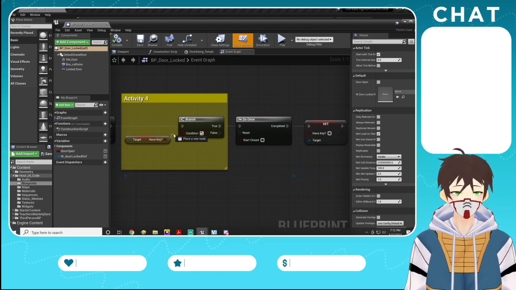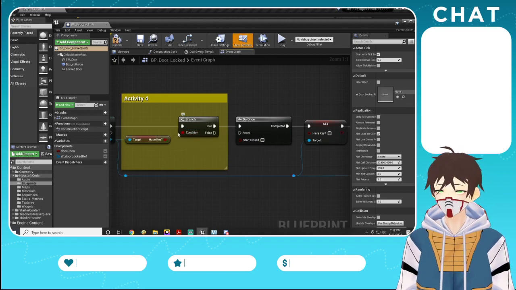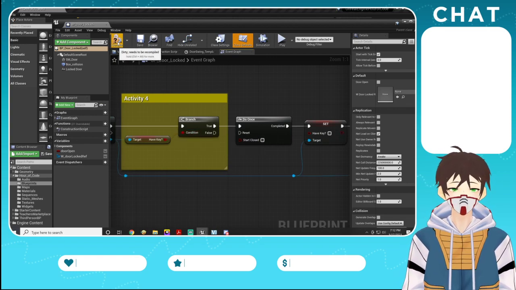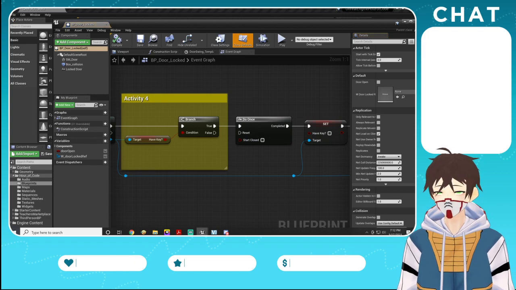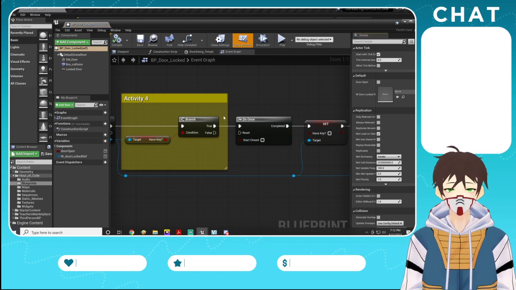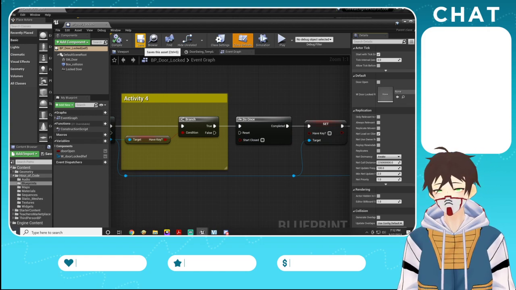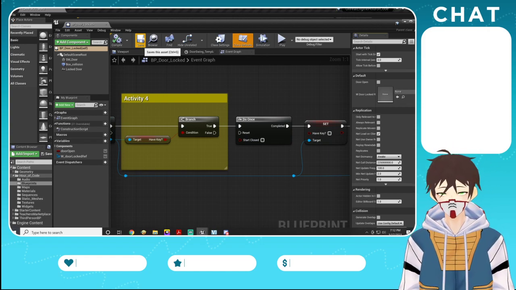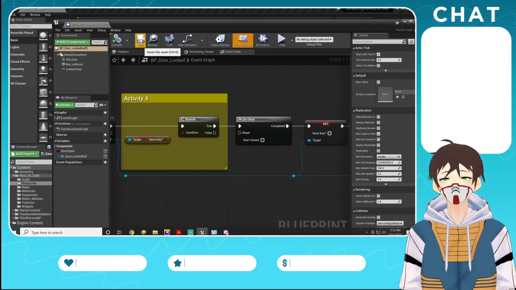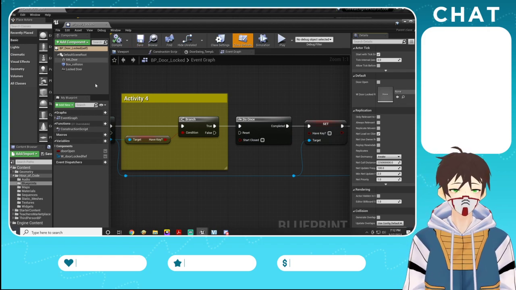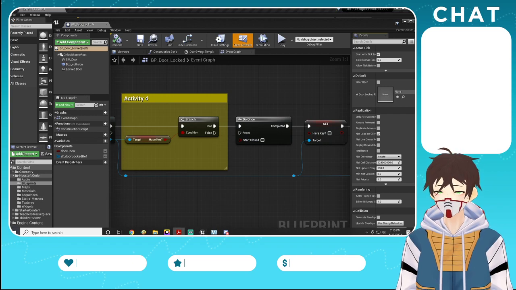So, perhaps connect those two. We can compile. Remember, after you connect something, anything in Blueprints, you'll need to compile and definitely save. Remember, I said save a lot, save often, because you never know when your thing just might crash out of the blueprint. Okay. Next step, it wants